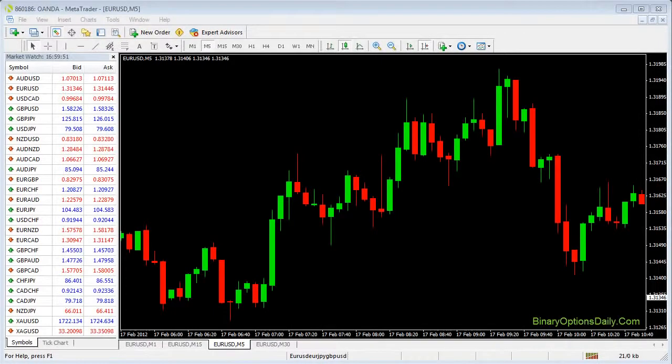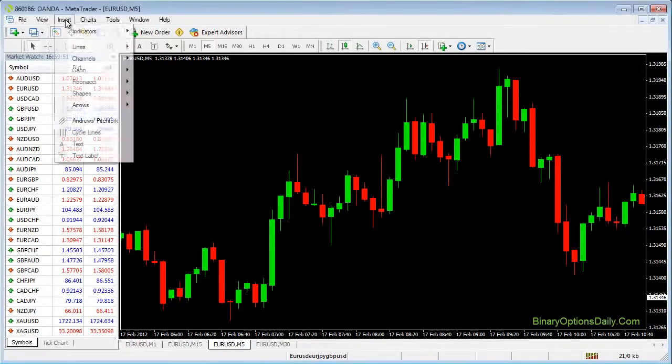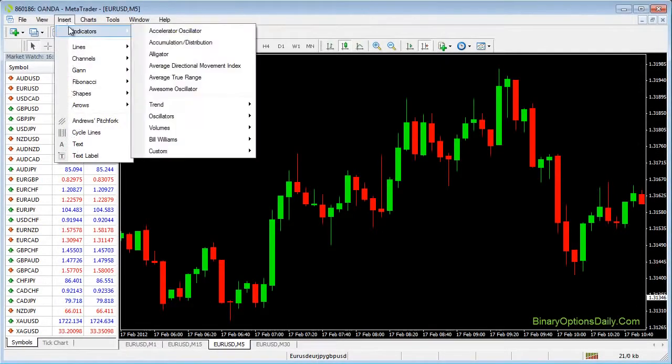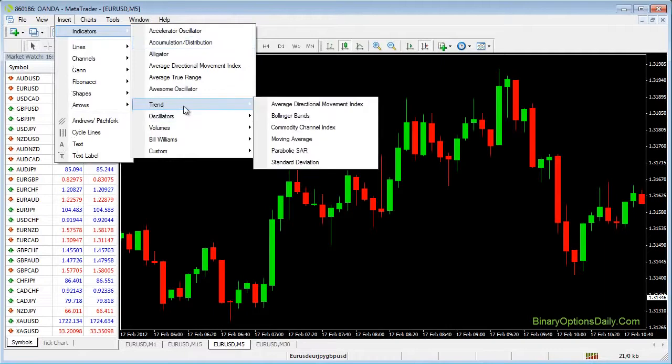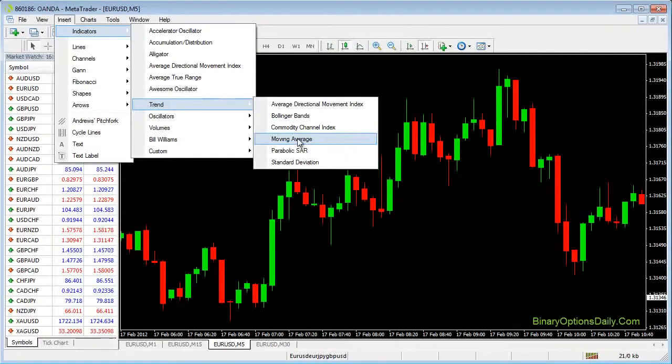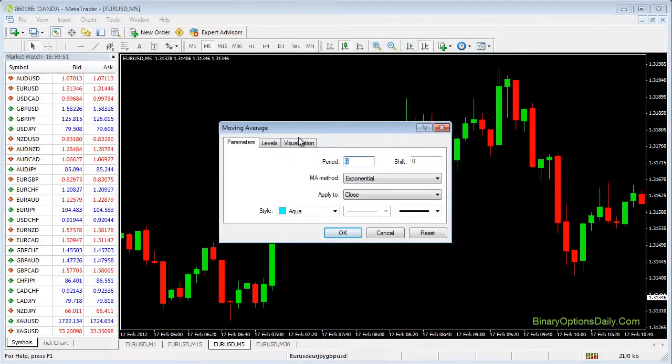The first thing we need to do is add 3 exponential moving averages. So I am in MetaTrader right now, and the way that we add this is by going to Insert, Indicators, Trend, and clicking on Moving Average. And of course, if you're in a different charting software, you are more than welcome to add these as well. And it should be hopefully all the same options and everything that you're allowed to choose from,